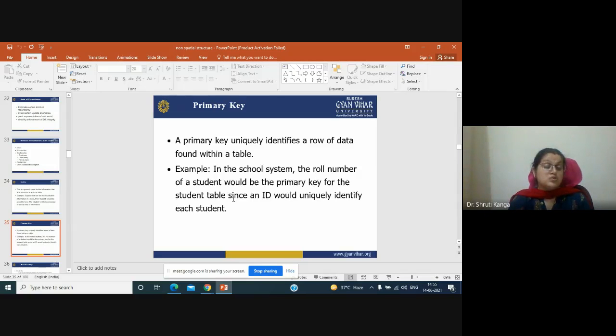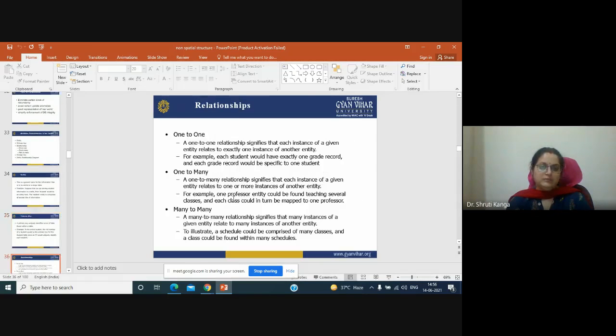There may be five students named Rahul. How will you identify them? But each Rahul will have a different SID. Okay, there may be students named Shruti, one with a different email ID, and another Shruti with a different employee ID. So based on that, this can be a primary key.